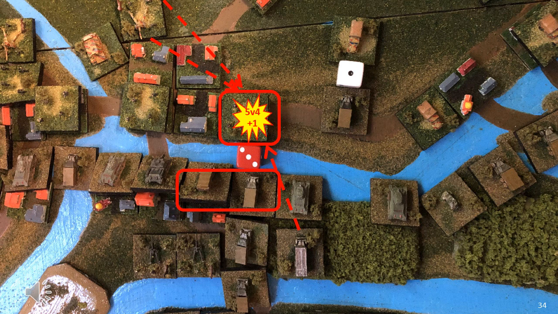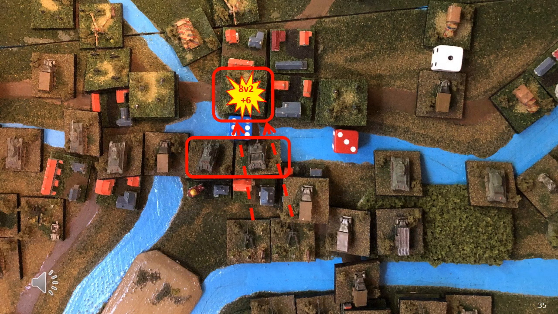the river. Okay, for the next attack, they attack with 5 versus 4, differential +1. There is 2 shifts. They spin a 3 and the result is A1. Not so good. Launching the second attack against the key town, they attack with 8 versus 2. There is 2 shifts. Spin a 6 and it's a BR, also not so good, as both sides retreat 1